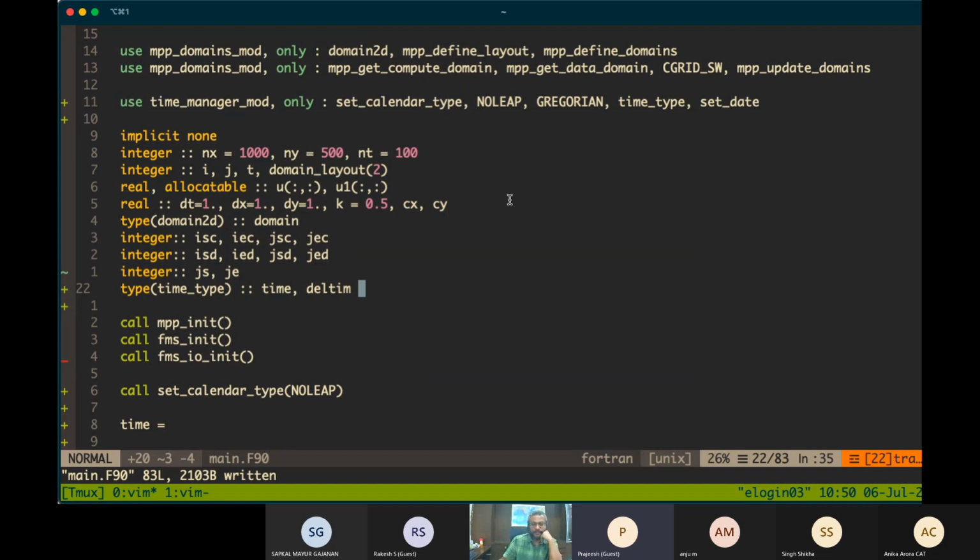That's how we'll update the time of the model. So actually, we don't need DT anymore when you're using delta. You should be using deltim itself.